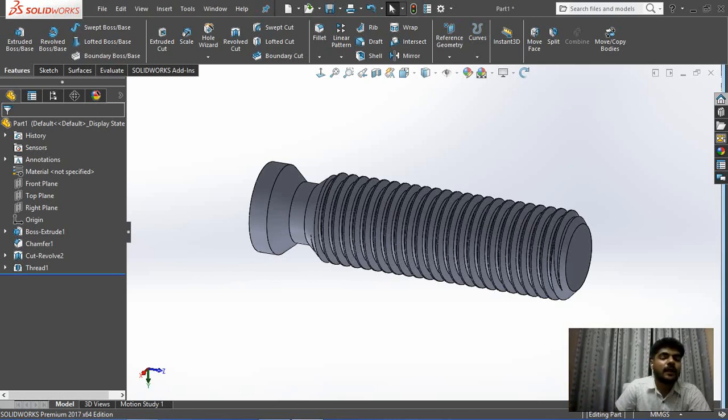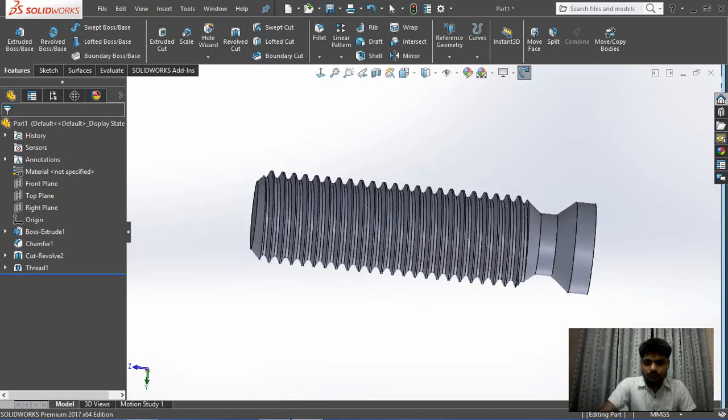Okay, and there is a calculation behind this to measure major dia, or how to measure minor dia. Okay, root, all those things. If you really want to know, please let me know, and do comment if you really want to know about all those parameters. Okay, and if there is any query, you can ask me.